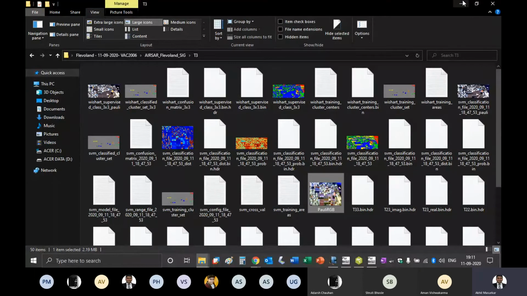Okay. Now what you all will do is, now you all will do this same thing for refined Lee. This time we are changing the filter, but I want my areas to be the same. I want the areas that we used for Lee sigma. So now that part we will see.